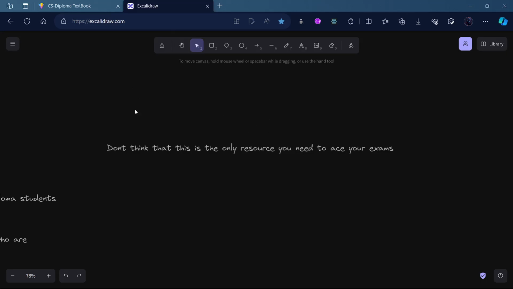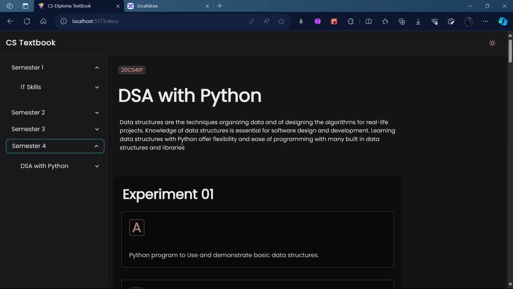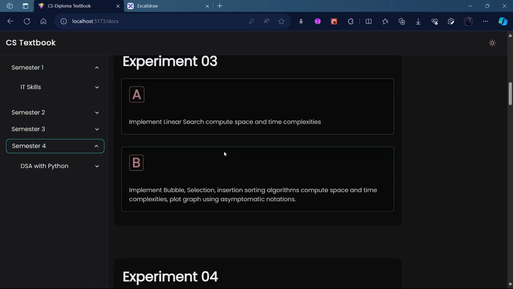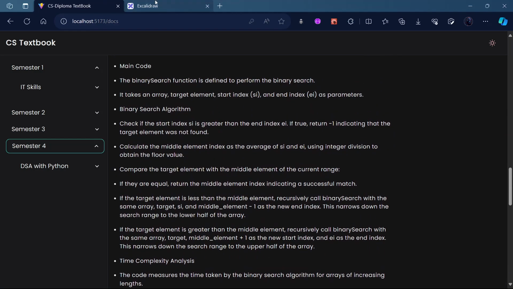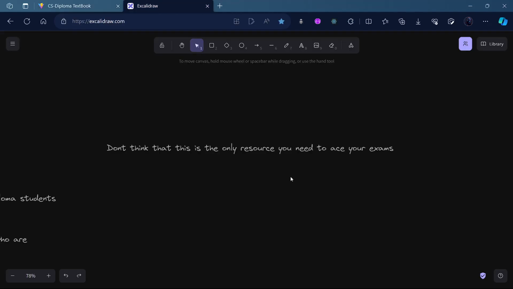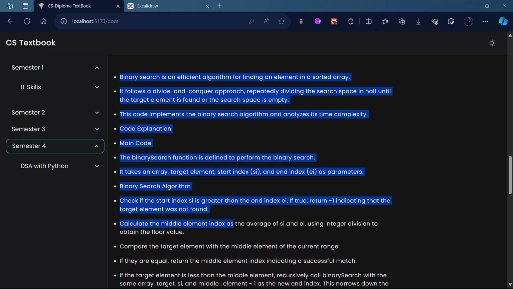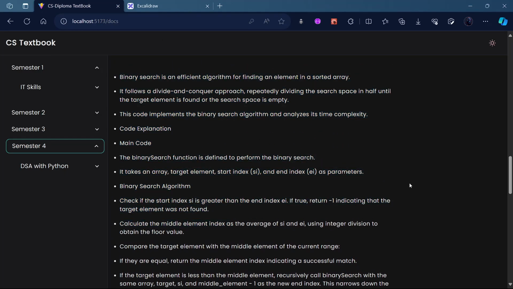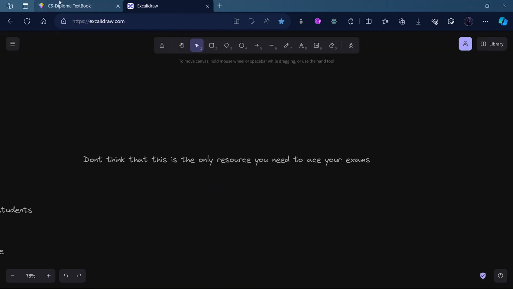It's not like, oh brother, I got this, everything is passed. No, not like that. Just look carefully at how I have designed this website. There are links here, resources. Just go and study about it. Just get a good grasp of what the topic is about. You cannot just learn everything from this resource. Of course I won't have explained it in as minute detail as I can, but you know there is no